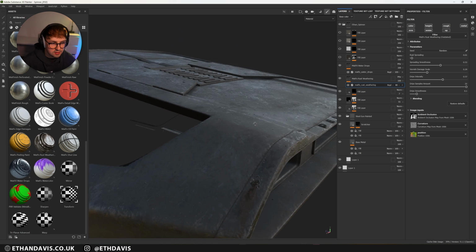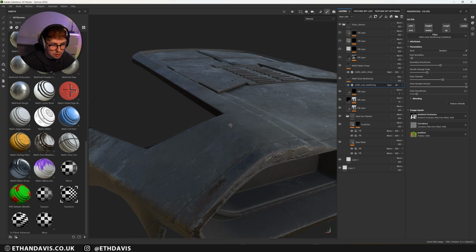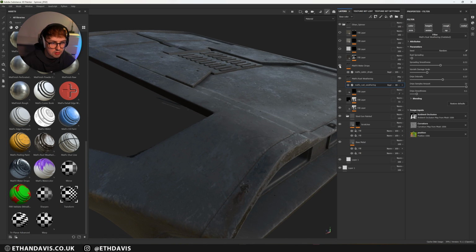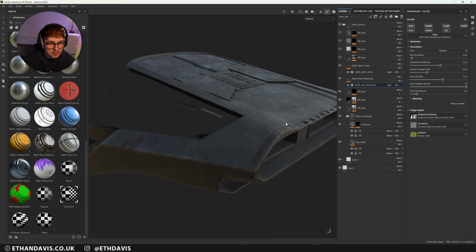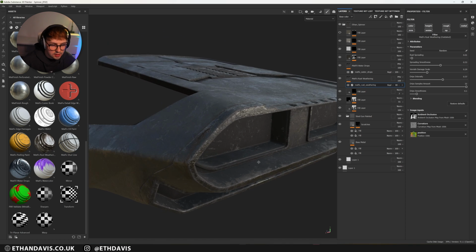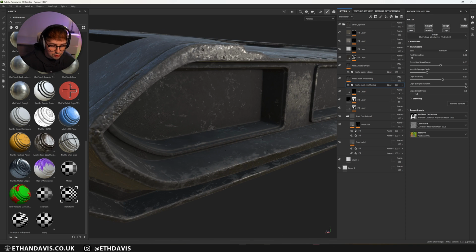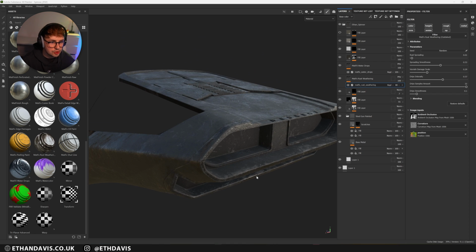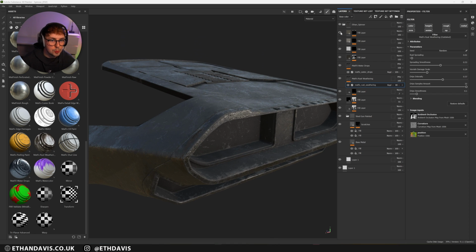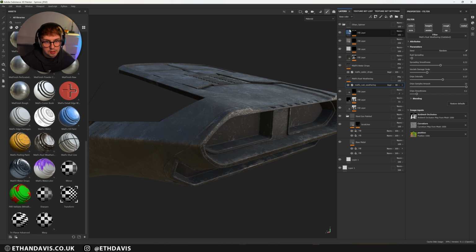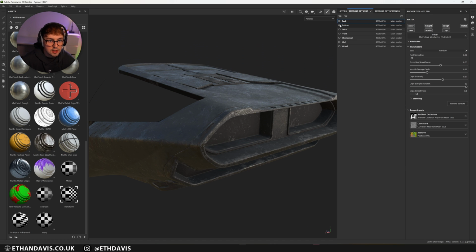Obviously it goes through rain a lot, so you'd probably get a little bit of rust here and there. From there I also added some water drips, which you can't really see, but it just adds a little bit of wetness to it. And then I think I just did a little bit of dirt again. Going back to that reference, you saw it had loads of white splodges on it, so I really wanted to try and match that reference as much as possible. And then a final grey material, and then I just copied that pretty much on everything.